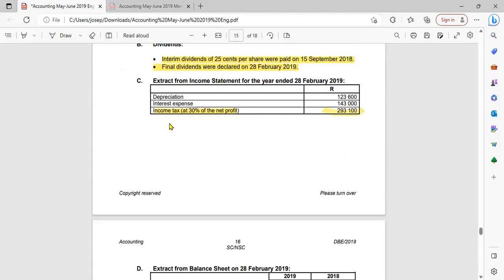Guys, the format of these notes, just put it into your heart. Know it by heart, because some of the things will not be given and you will be expected to fill in that column of details. I will show you. I have income tax, but I have to calculate net profit after tax. I am given income tax, which is 30% of net profit. So in order to find net profit after tax, I'm just going to say